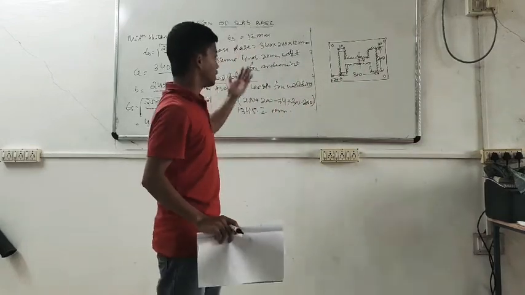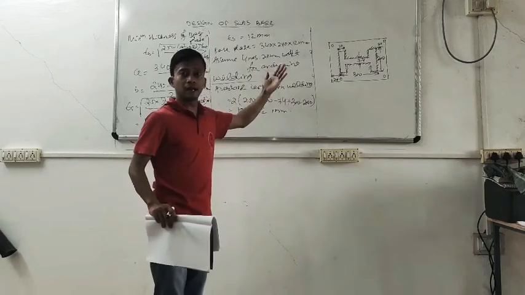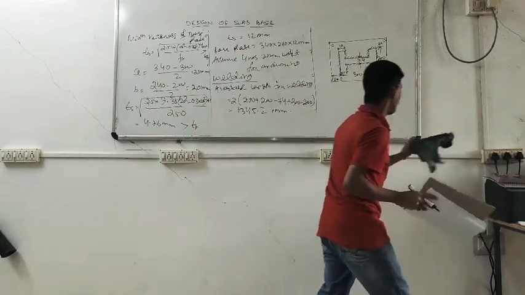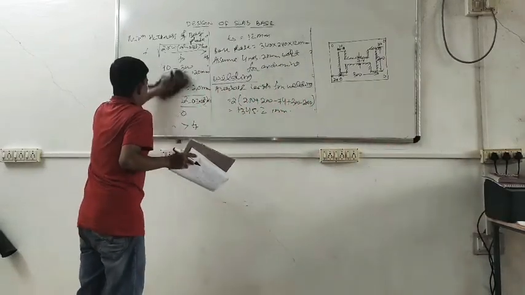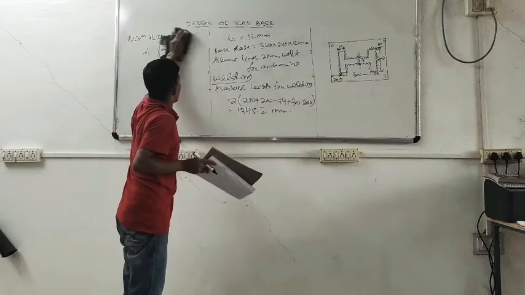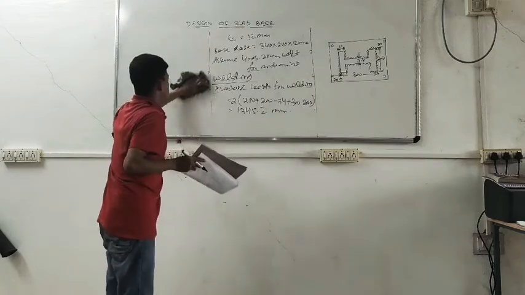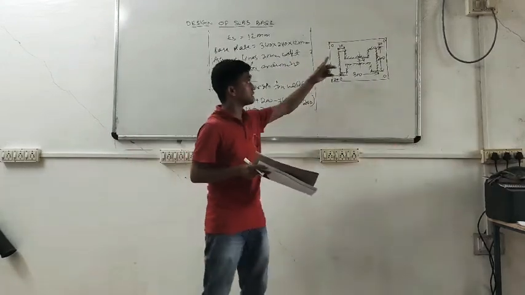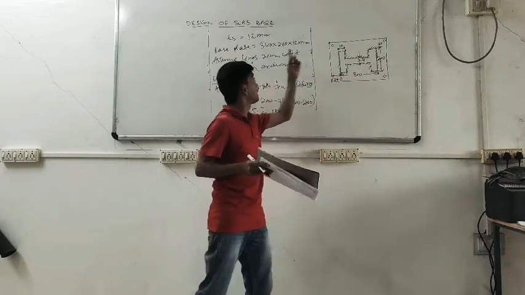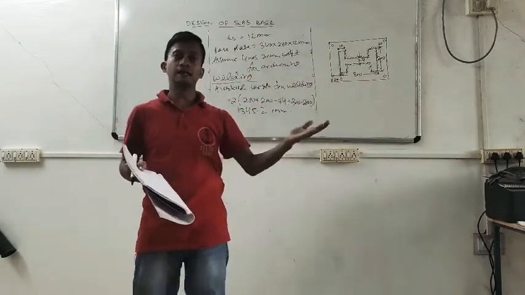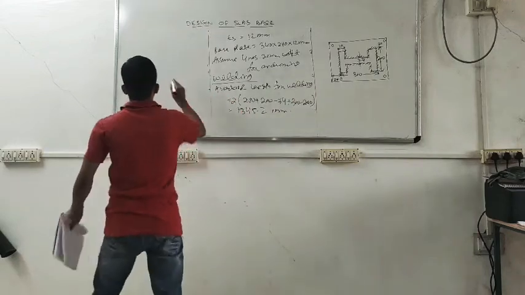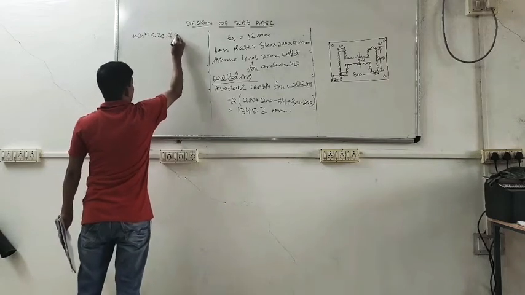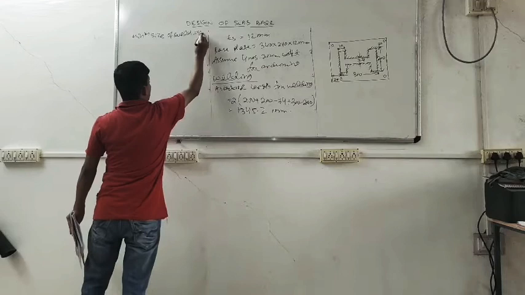So we have to design the weld in such a way that our required length of welding should be less than this. For that you have to design the weld. First is the size of weld. The size of weld depends on the plate thickness. Here the plate thicknesses are 10, 7.4 and the base plate is 12. All the sizes are in between 10 to 20. So for that, the minimum size of weld equals 5 mm.